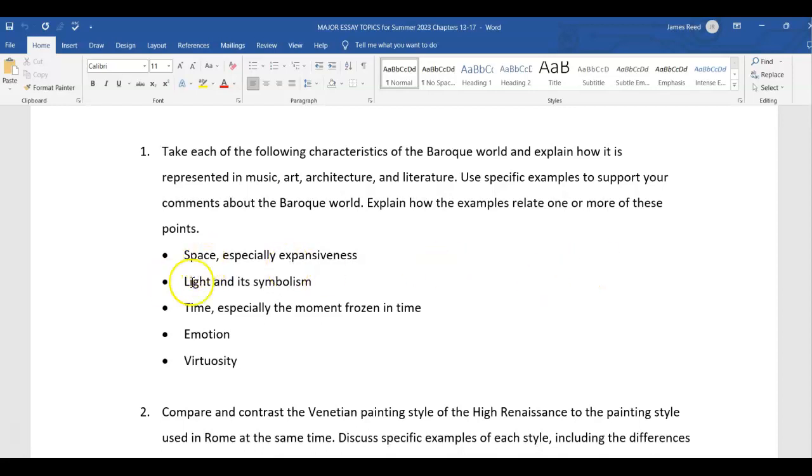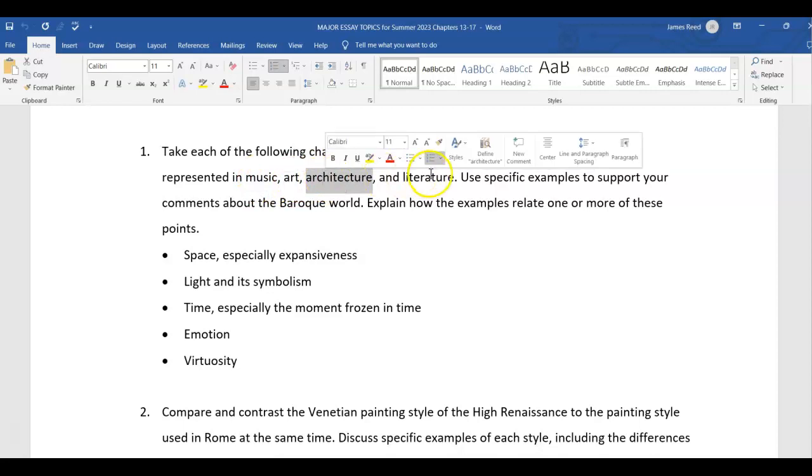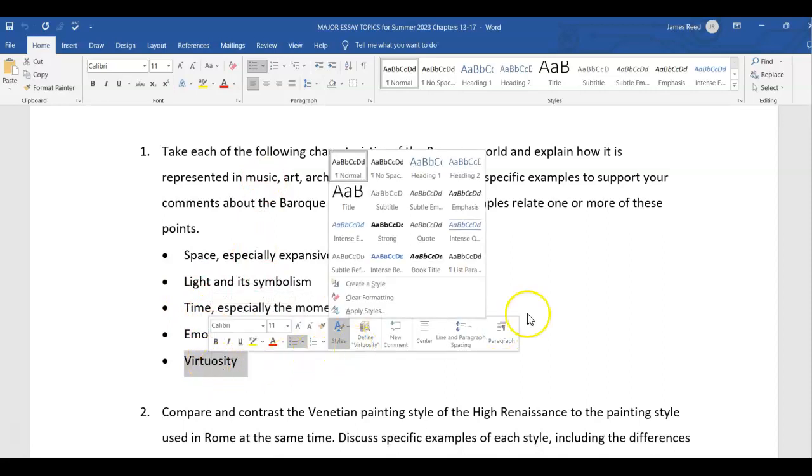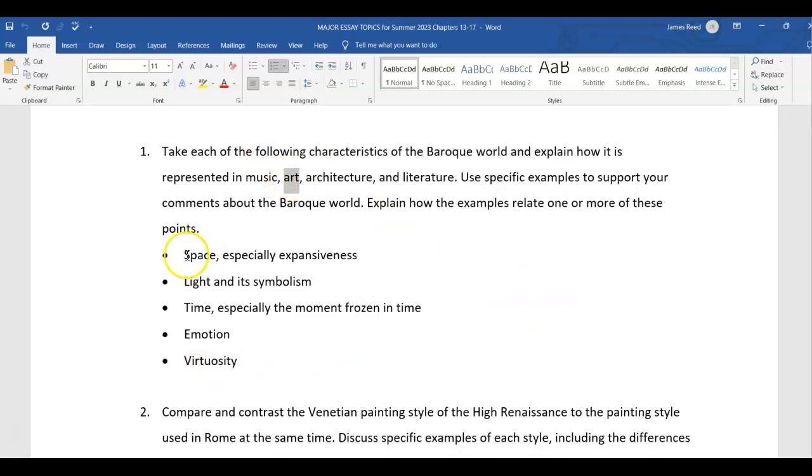But you're going to look at some of these key points, and so my suggestion, if you were going to do this topic, is to take at least one example for each of these 4 areas, and then discuss how, in music, for instance, you have emotion and virtuosity, especially as key parts of that one. With art, you've got space and light, emotion, that's part of it. With architecture, you have space and light, emotion, time also for art and architecture, and then literature, each of these